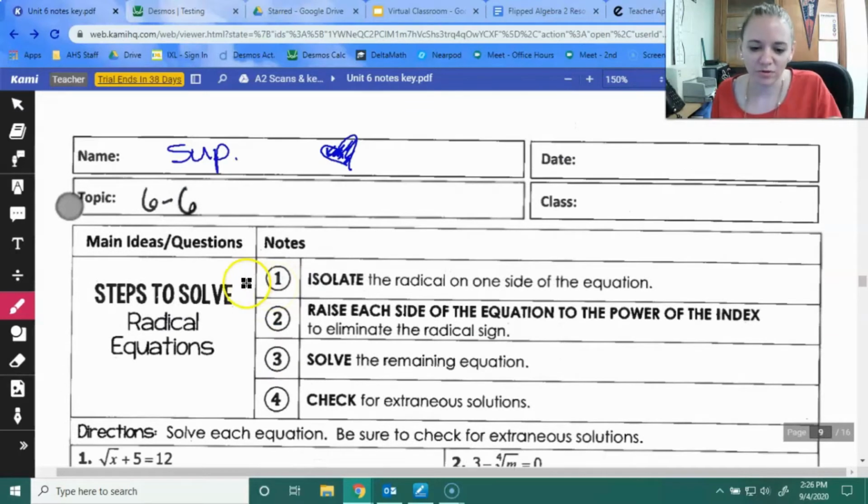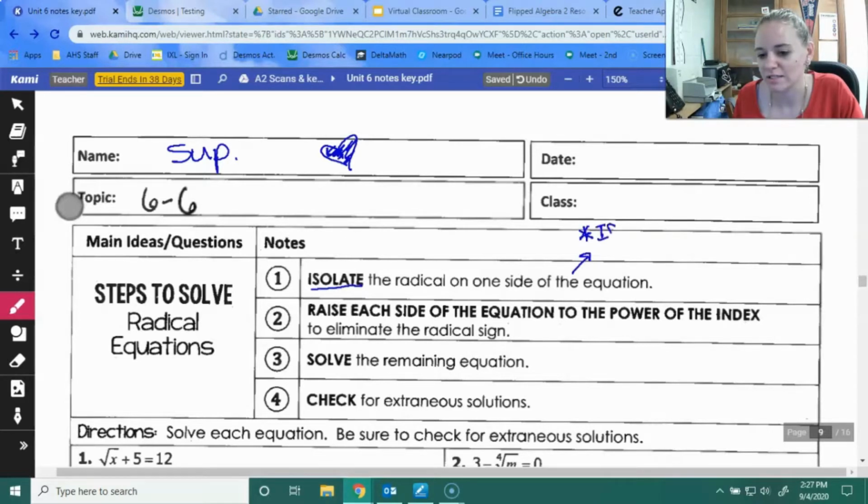But focusing now on the calculator with the solving of these equations, we'll use the calculator a little bit more. To solve radical equations, so equations with radicals, the first thing you're going to do is isolate the radical on one side of the equation, so get it by itself. One helpful tip after you do this: